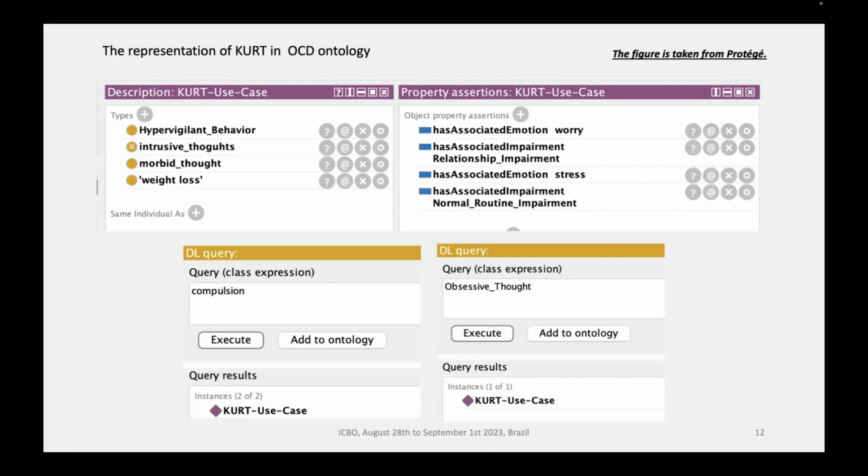Reasoning over this representation, we can derive that Court is an instance of class compulsion. Court is an instance as well of class obsessive thoughts, and these results are compatible with the diagnosis result obtained from the book.